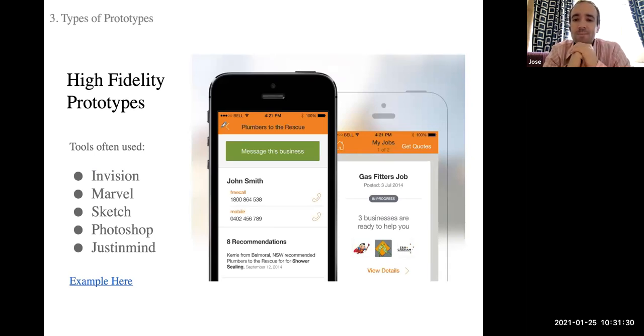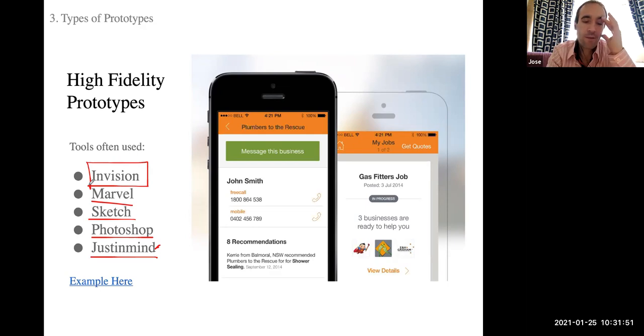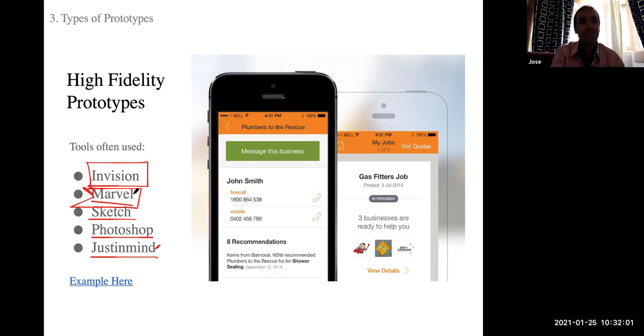And you have a few software companies that enable this. One of them is Adobe Photoshop, Just in Mind, which is a company of my friend, Sketch, which is the Photoshop of mobile apps, InVision, which is very good for collaboration and owned by Adobe as well, and Marvel App that we used to use a lot, and of course Figma, very good Figma. So this is before 2019.